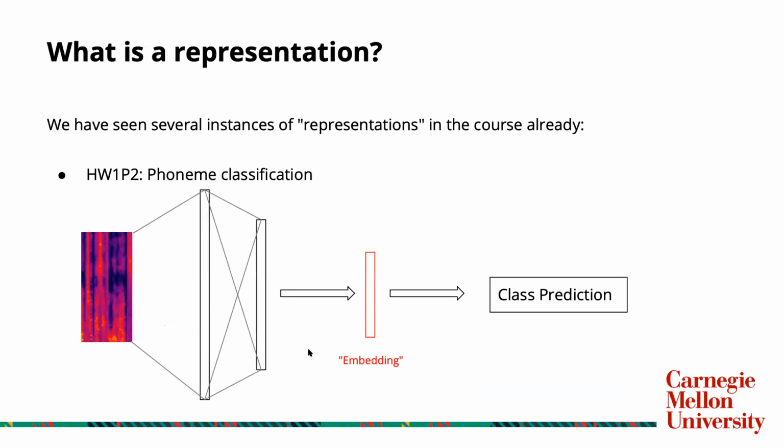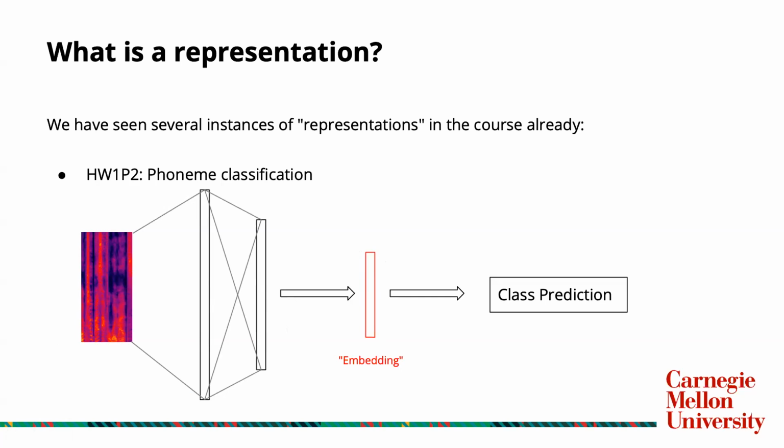So what is a representation? As it turns out, we've seen several instances of representations in this course already. If you recall the network that you built for homework 1, part 2, when you were doing phoneme classification, you took a chunk of the MEL spectrogram from the speech utterance, flattened it and passed it through a multi-layer perceptron, and ended up with something called an embedding, which was something like a 256 dimensional or 512